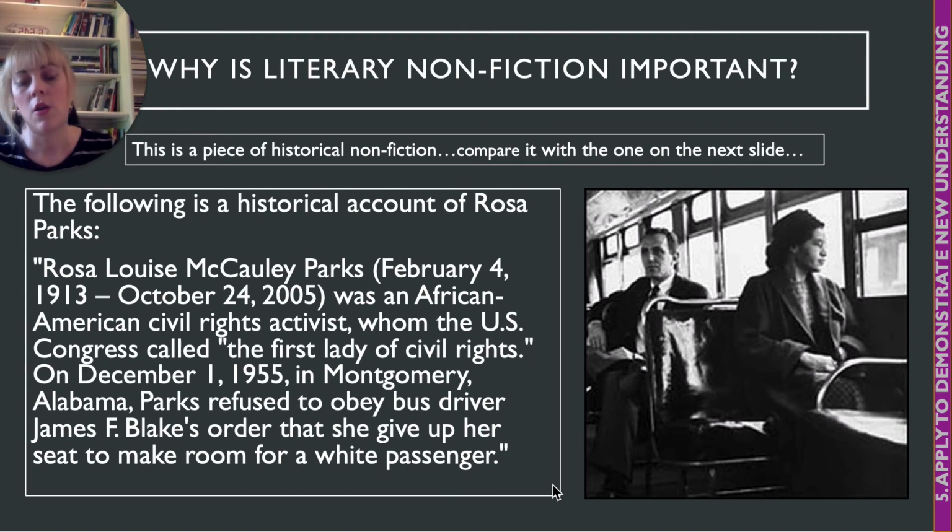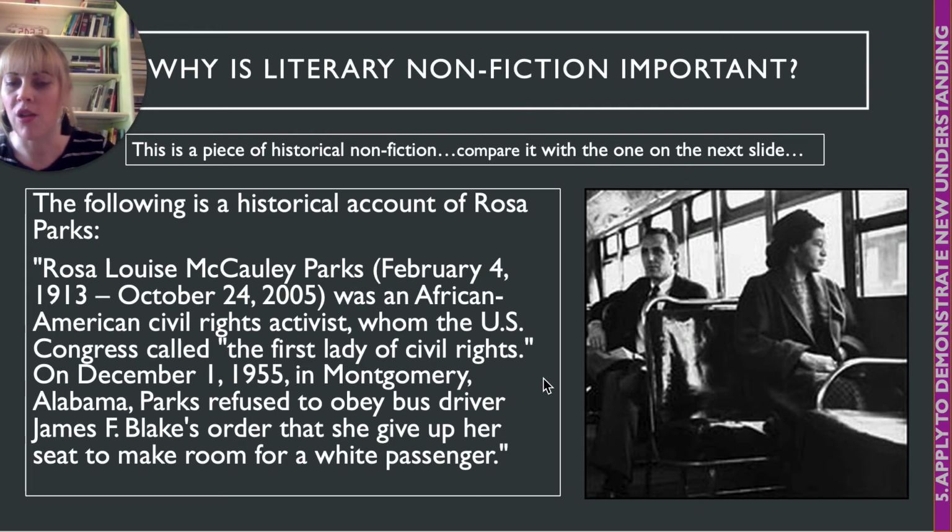Okay, so that's an extract from a historical factual piece of writing about Rosa Parks, and as it tells us there, she was referred to as the First Lady of Civil Rights. The Civil Rights Movement was the movement to push for a reform of the way that people of different races were being treated in America at the time. So it was a fight against segregation, which is where black people and white people were separated out because white people were seen as superior and more deserving than those of other ethnicities.